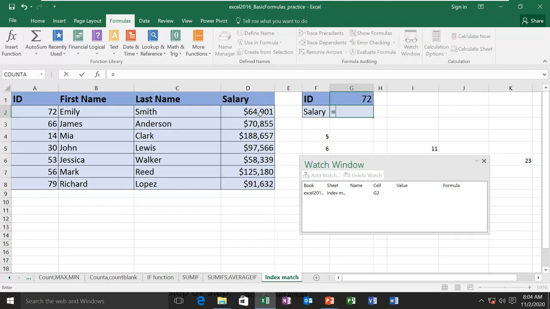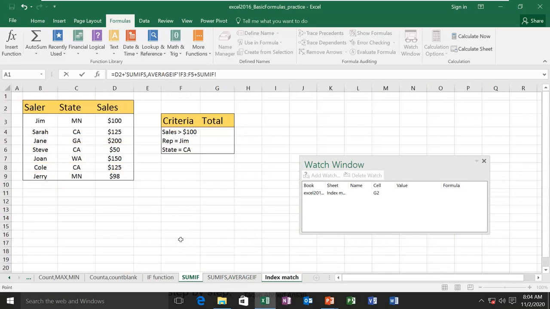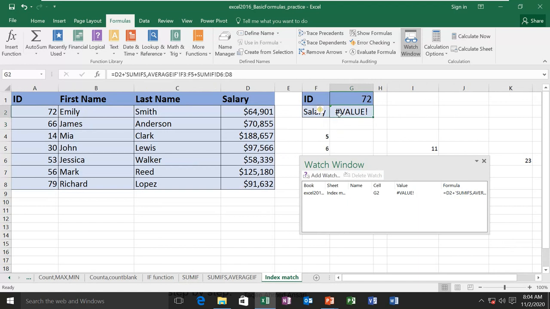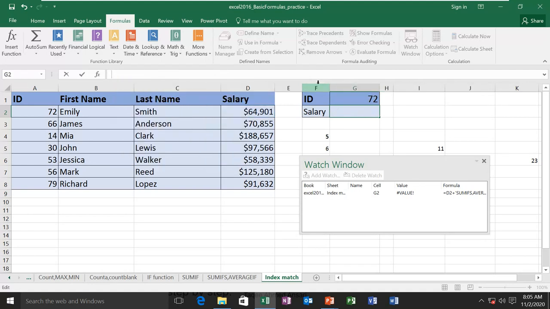Okay, let's relate it. So I will add this plus from this sheet, I will add these plus, and I will add this, and I get some value error here. Because I am not giving it properly.